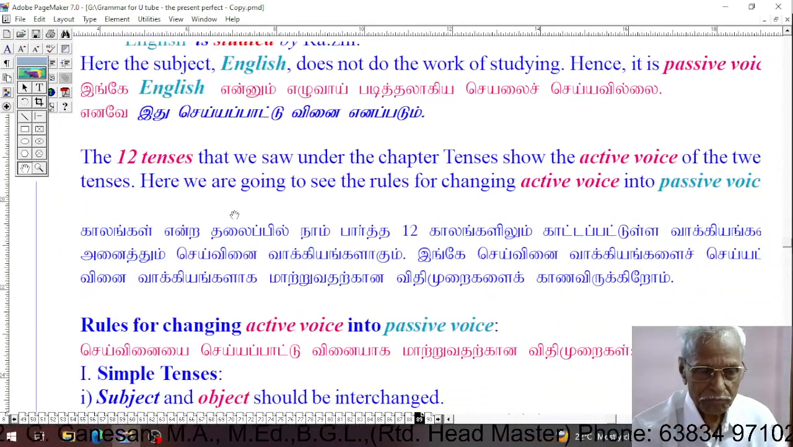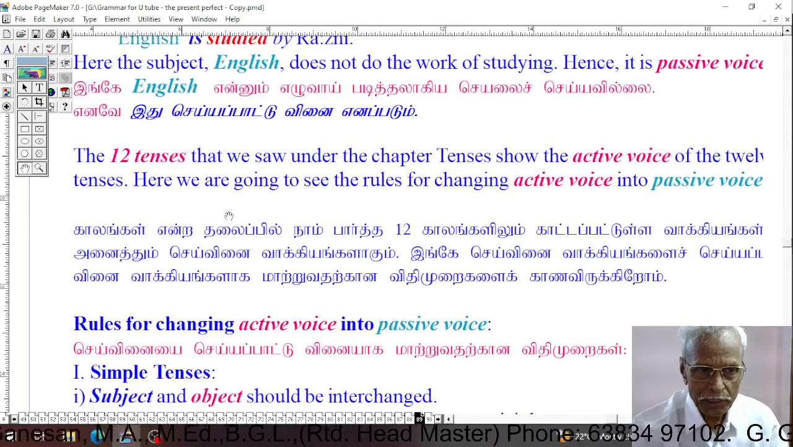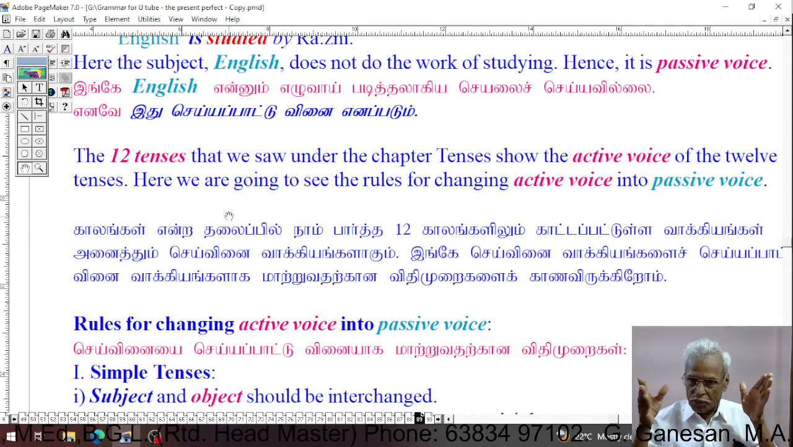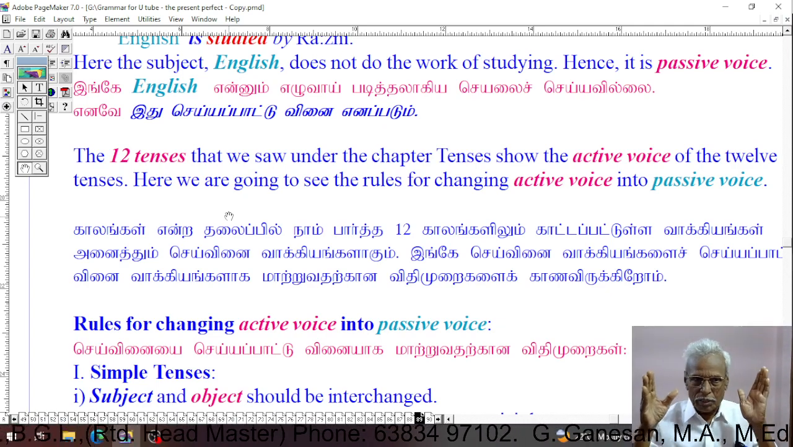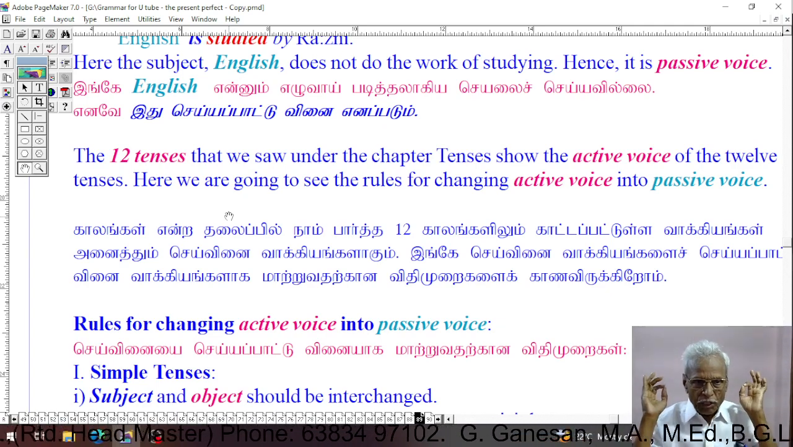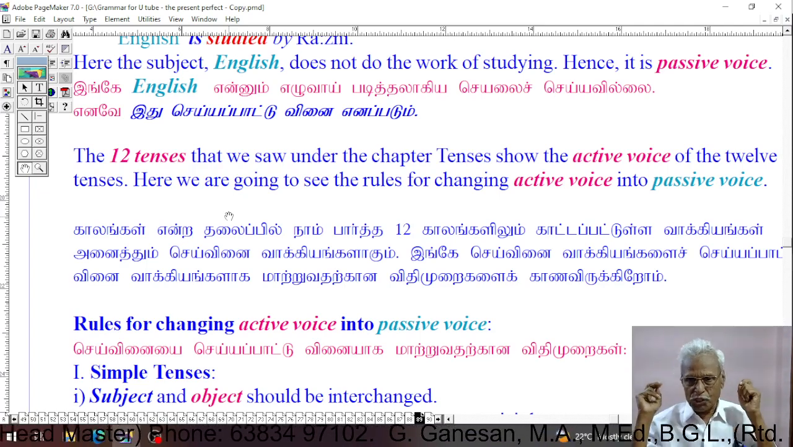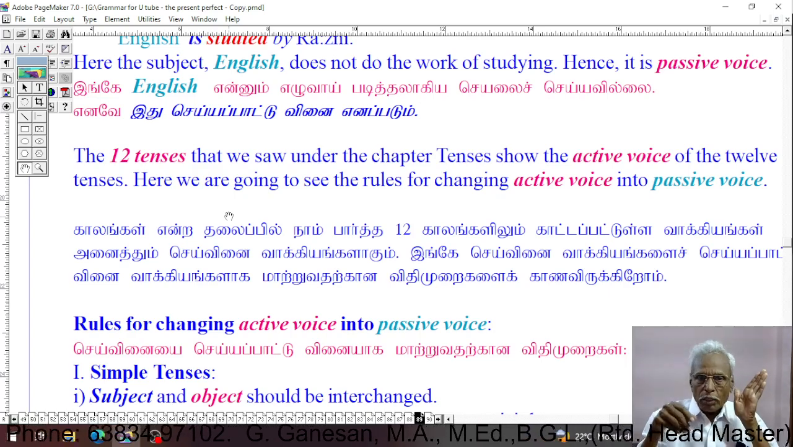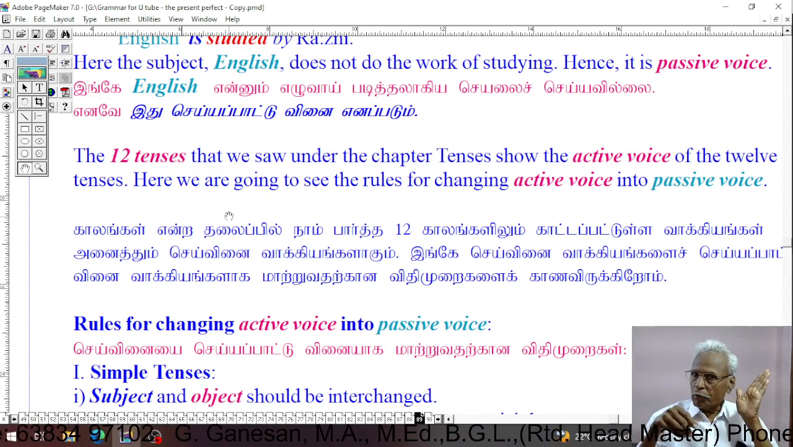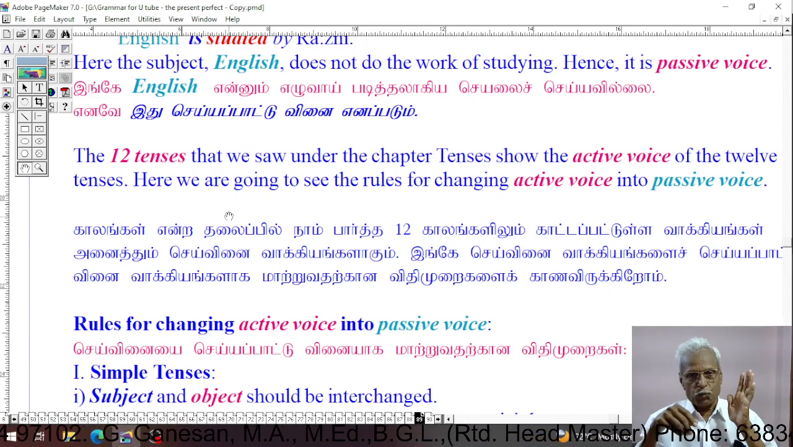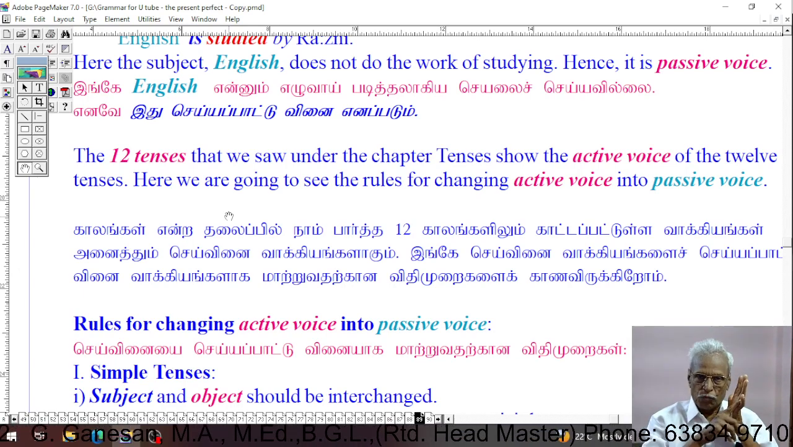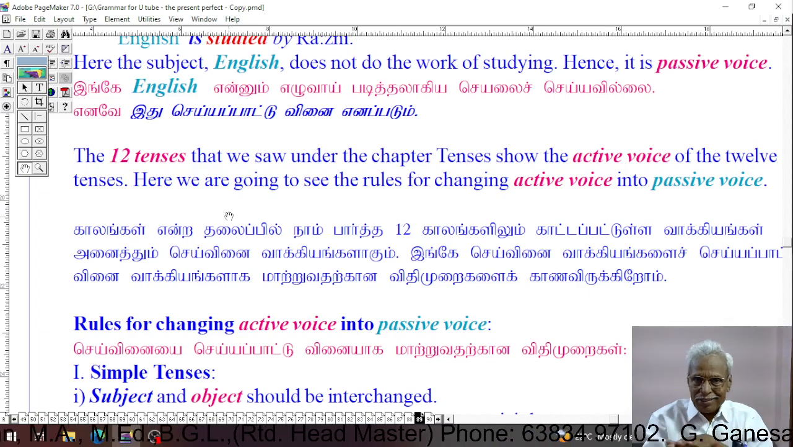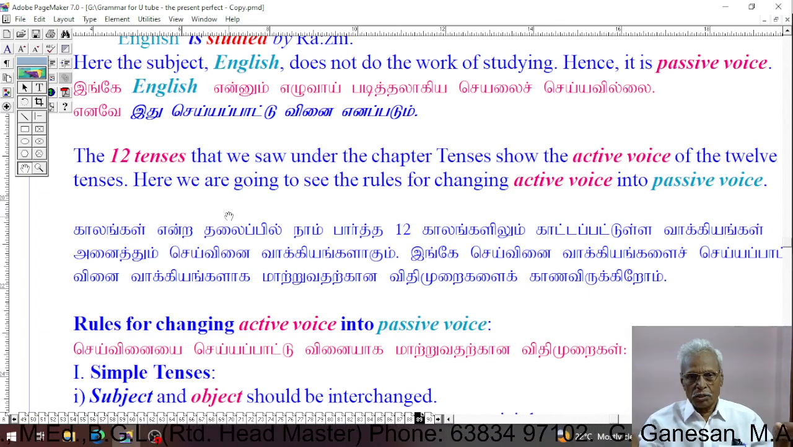Then, third point, the 12 tenses that we saw under the chapter tenses show the active voice of the 12 tenses. Here we are going to see the rules for changing active voice into passive voice. Dear students, under the chapter tenses, we have seen 12 tenses. In all the 12 tenses, the examples shown to you